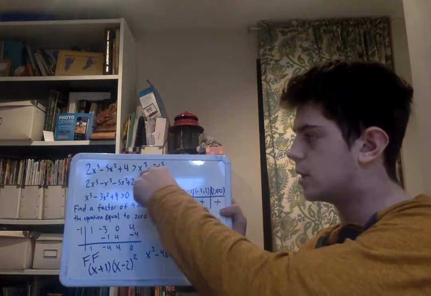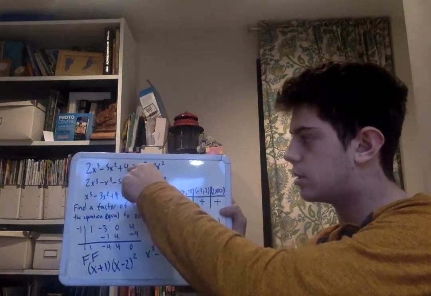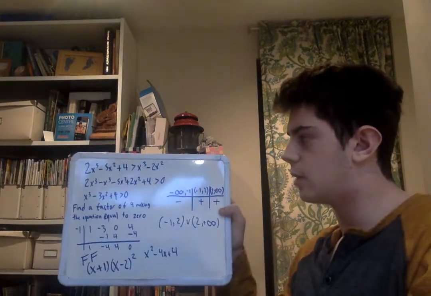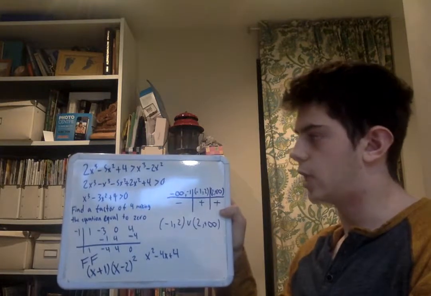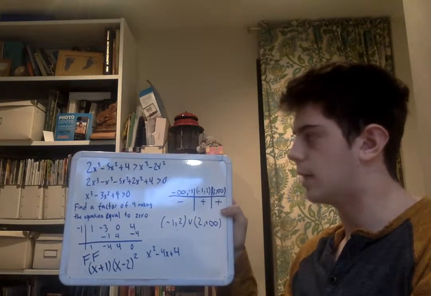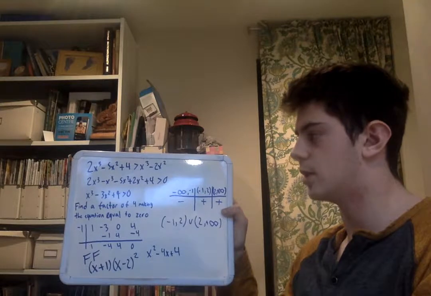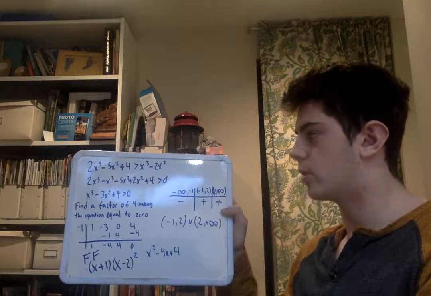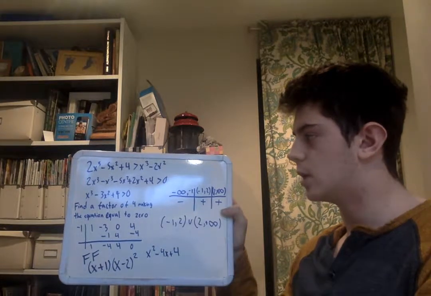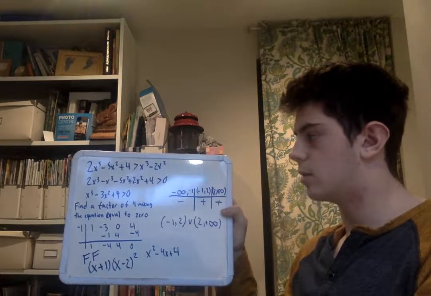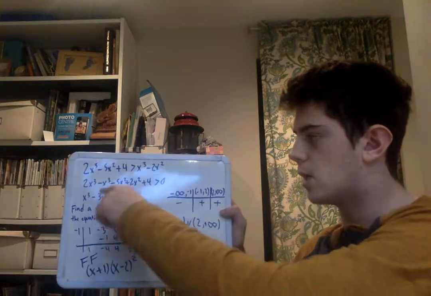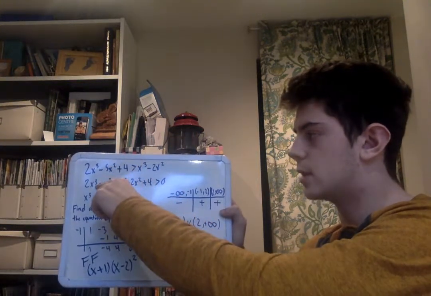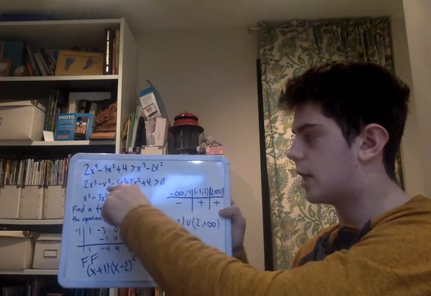So what I did was I brought the x to the power of 3 and negative 2x over, and once I bring them over the inequality sign, their signs change. So if they're positive, they become negative, and if they're negative, they become positive, leaving a 0 on where they were. So the right side becomes 0. So once I brought all these numbers and variables over, switching their signs, and I did all the subtraction and addition,